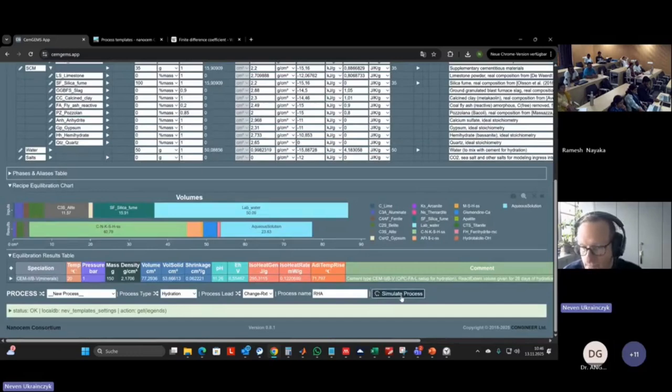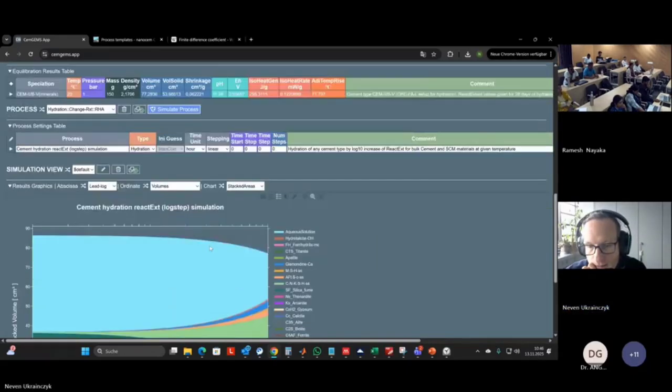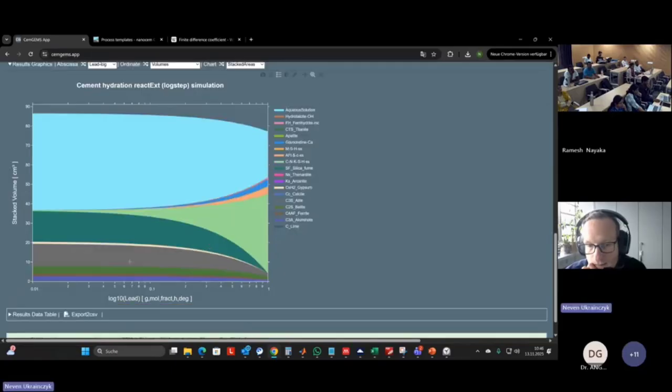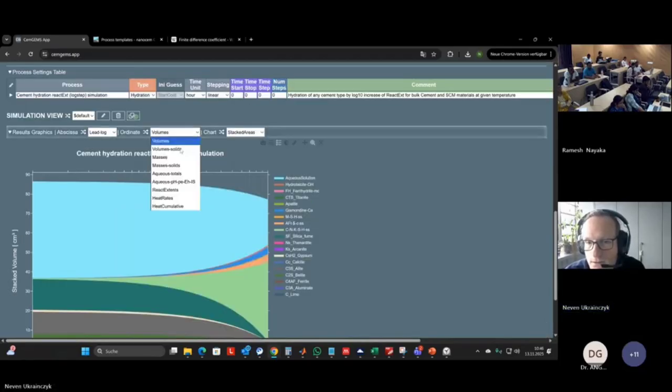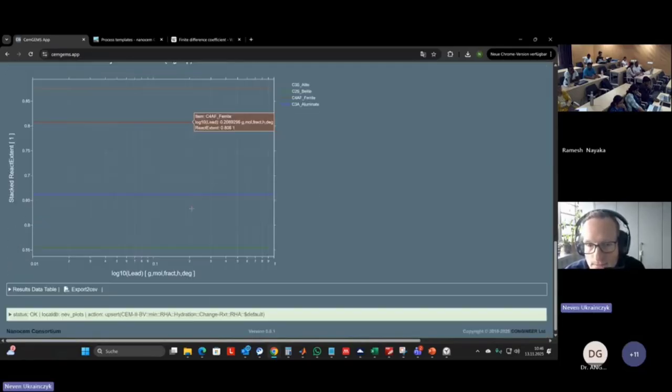And then simulate. Okay, now we should get the kinetics for rice husk cache hydration. And if we go in reaction extents,